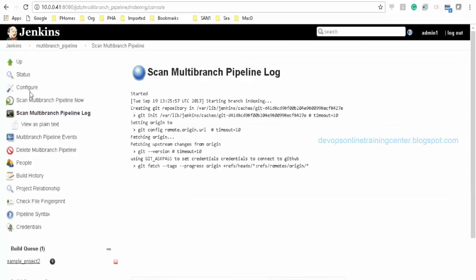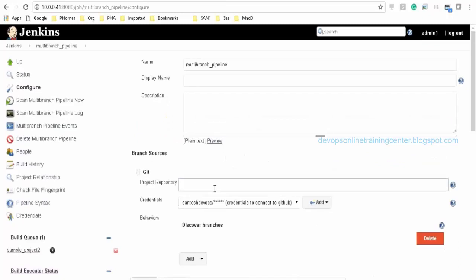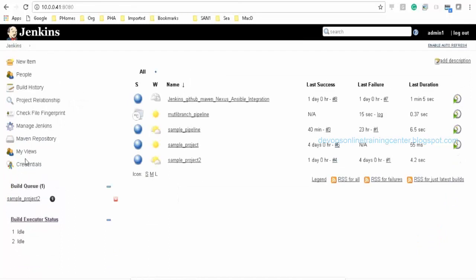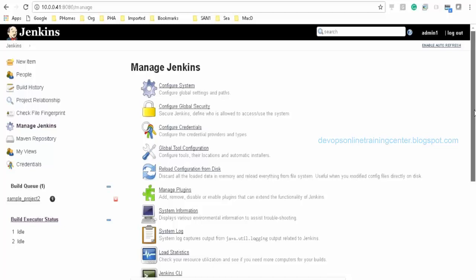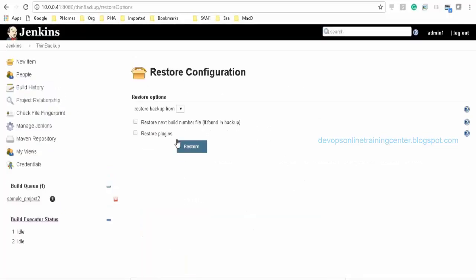Now this doesn't have the repository. Repository is deleted. There is no project repository. So now if I go to manage Jenkins, go to Thin Backup, I want to restore from the previous backup.